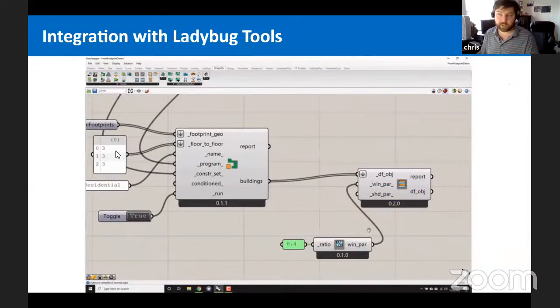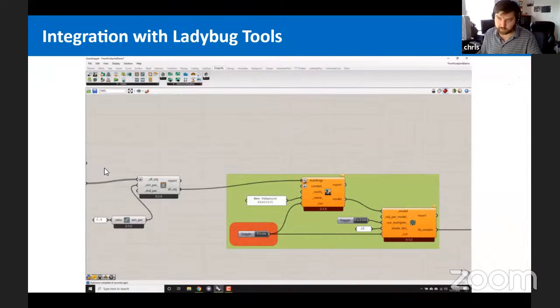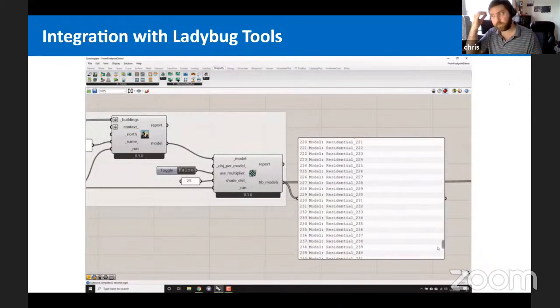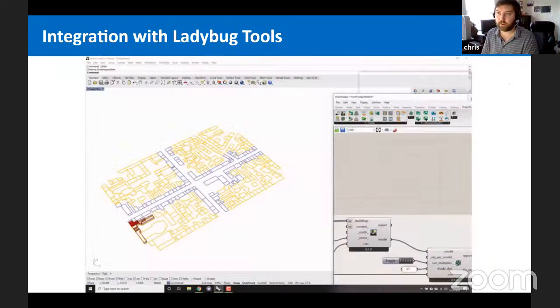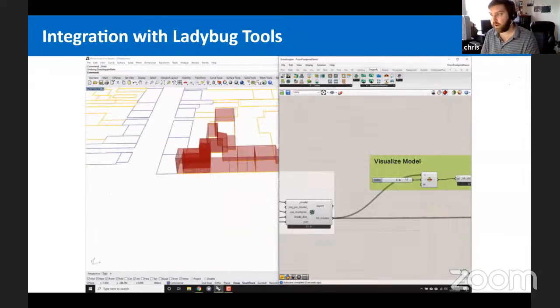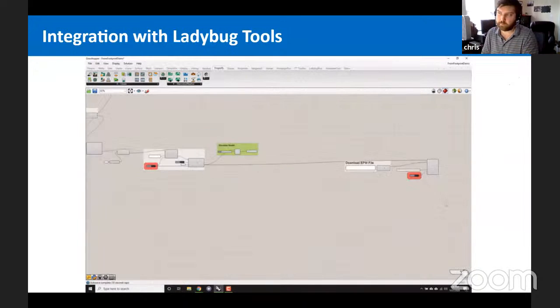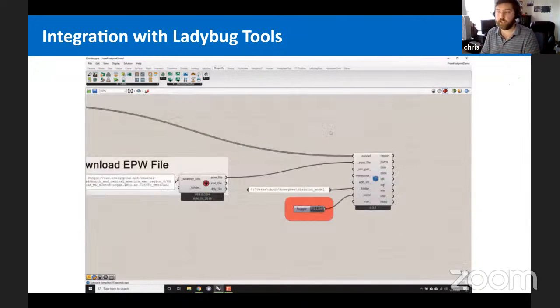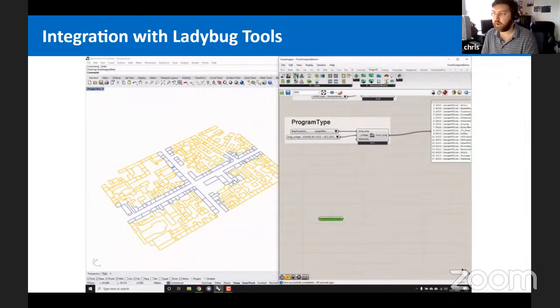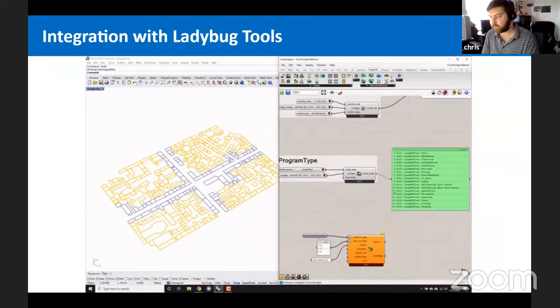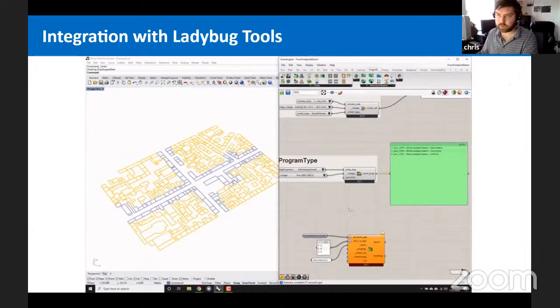So the first floor is at 3 meters, the second floor is at 3 meters, and the next one above that is at 3 meters. But you can adjust those to be whatever floor heights. If the bottom story, let's say, is taller, you could say 4, 3, 3. I don't want to get too much into the details, because if you download the interface and install the plugin, each of these components gives you a description of the inputs for it that will tell you exactly what you can input in order to split up, or basically turn, your footprints or your building massings into individual stories.